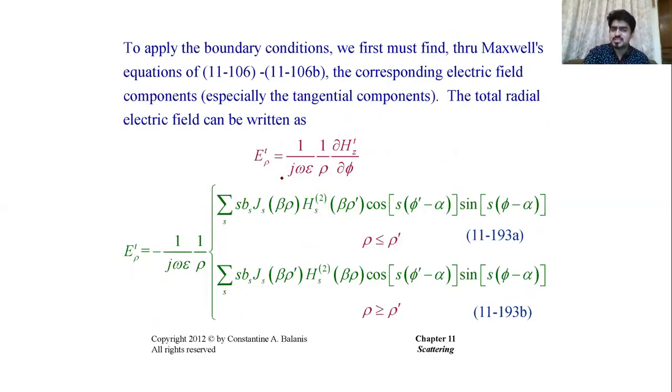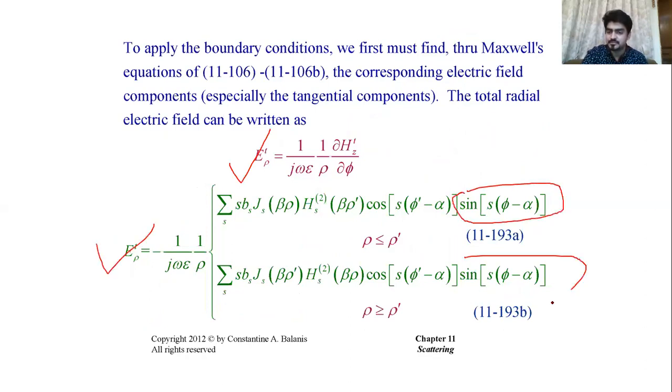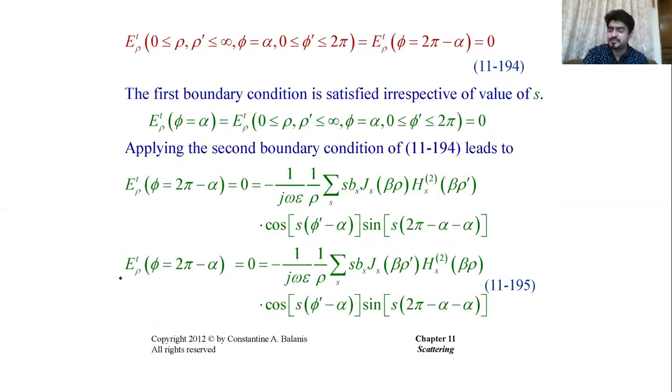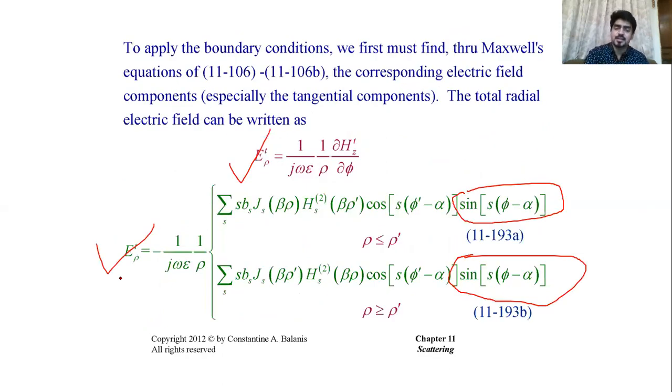So again, using Maxwell's equations, we can find the corresponding E field, and now you can see that we have these sine functions in the E field, right? So this is the E rho component. Similarly, we can also find the E phi component. However, before going there, here we want to use the E rho component. Why? Previously for the cylindrical structure, we were more interested in the EZ or E phi component, because EZ and E phi components were